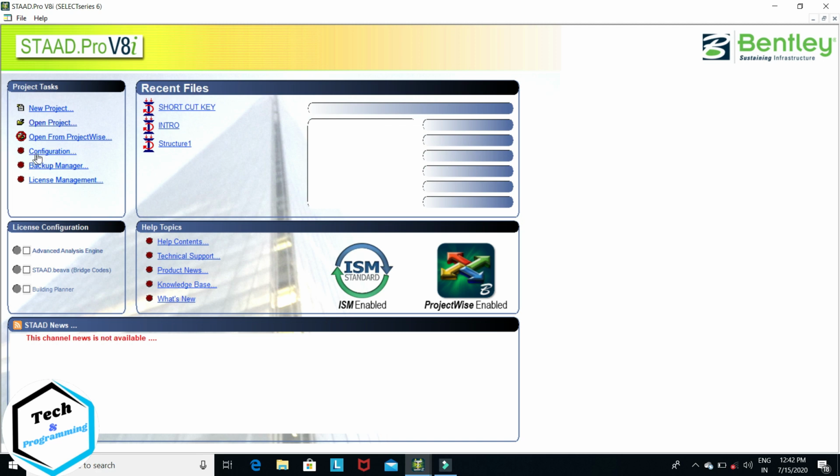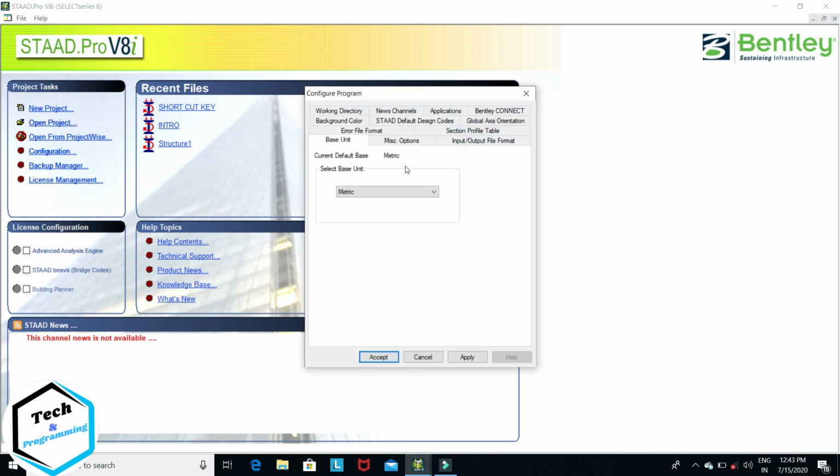And some other options like configuration, backup manager, license management. So configuration is used for unit setting and changing the background. You can change the unit from here.